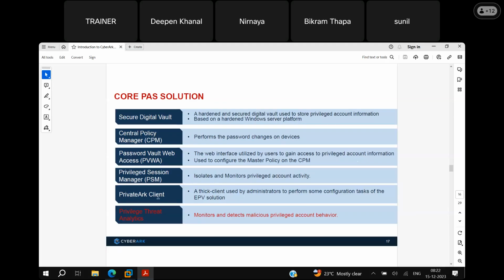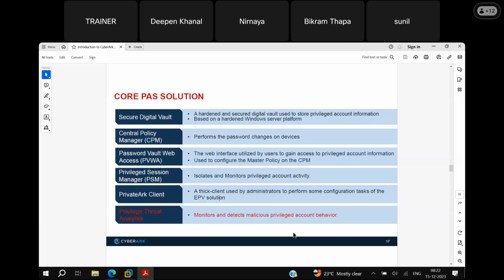And PrivateArk client, this is not a component. This is an interface used to access the digital vault. To perform the administrative tasks or operations, we are going to use PrivateArk client for logging onto the digital vault server. And PTA, Privileged Threat Analytics, will monitor and detect the malicious activities and behavior of a particular privileged account.